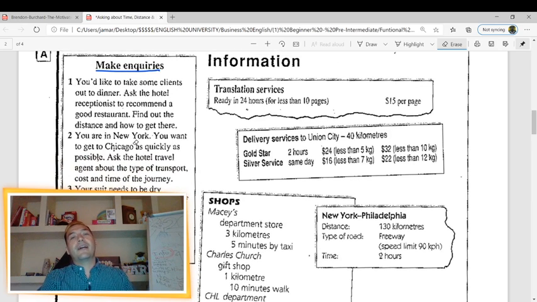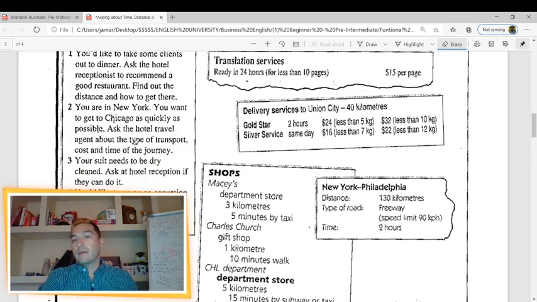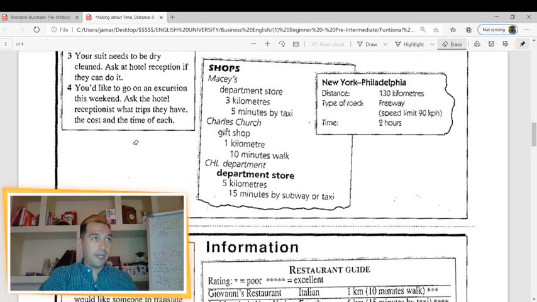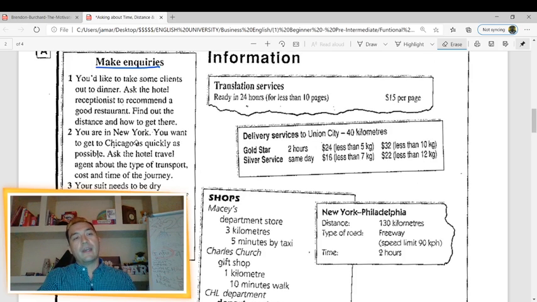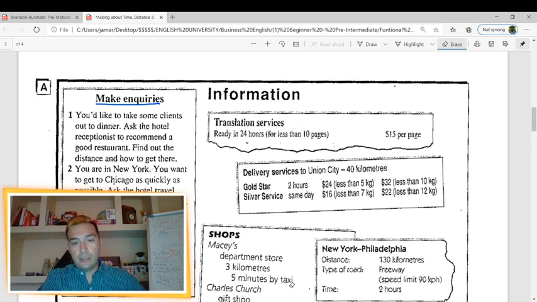They're going to ask you about translation. Para traducir algo, te van a pedir delivery, quieren mandar algo. Shops, shopping. Those are the situations. So you look at the situation, igual como hoy, pregunta y respuesta de lo que pidan, maybe distancia, cost, or tiempo. Good? Excellent. Any questions? No questions. So